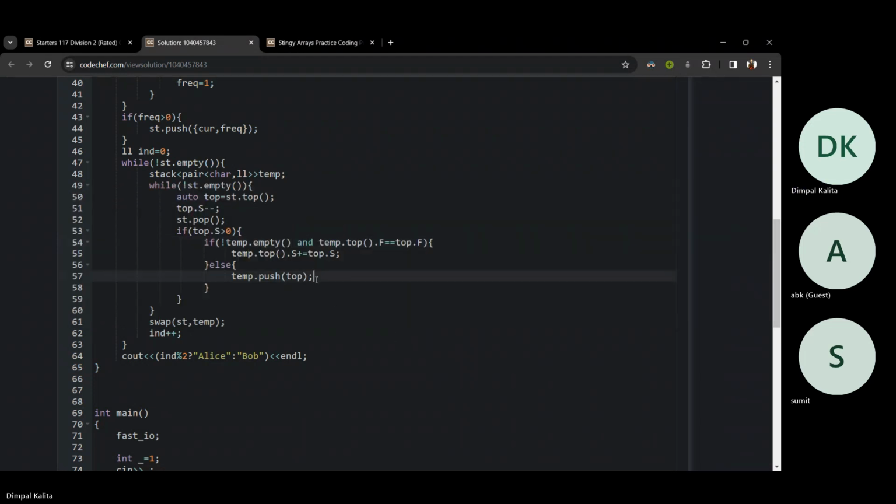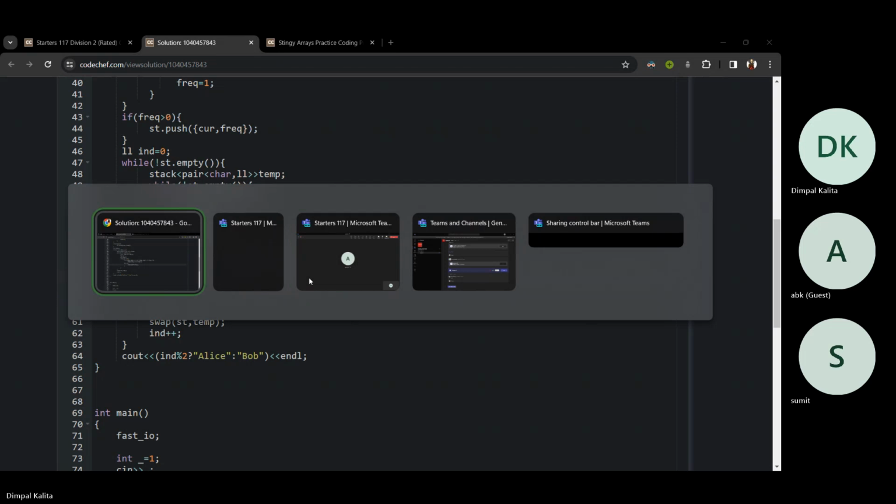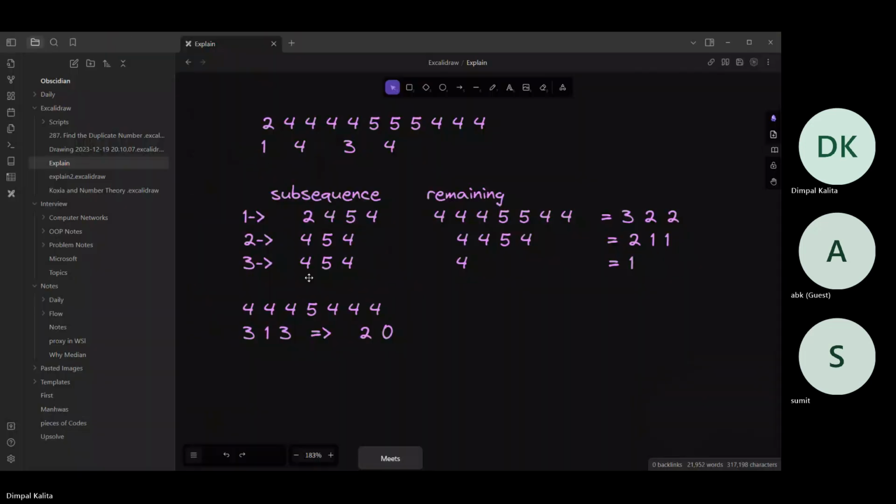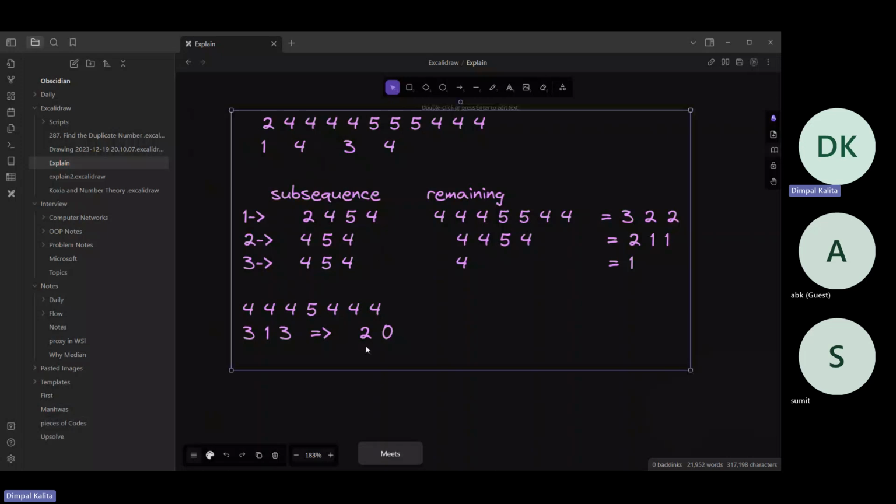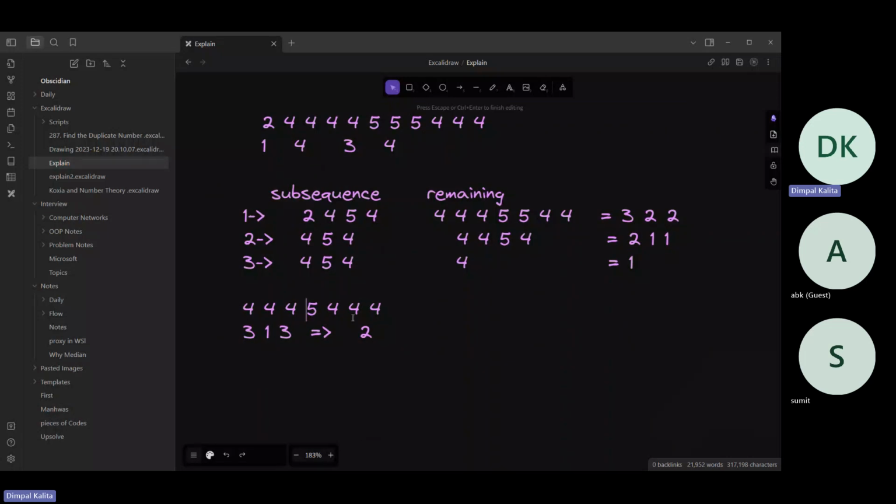So what happens? The frequency of this 5 decreases to 0, so it doesn't get pushed in the stack, and I encounter this 4. This also gets decreased by 1. So I have to insert this as 4, because this will be considered an equal element. So I can decrease only one element after its operation,